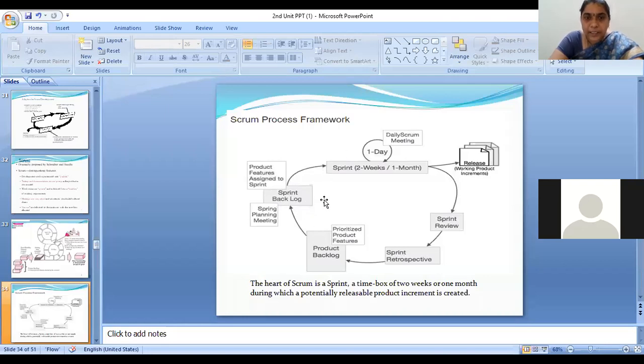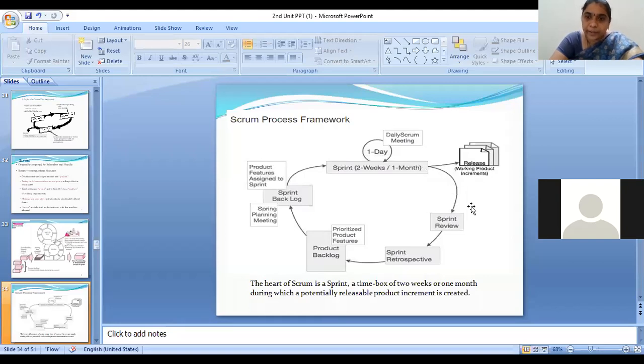Now the Scrum Master is responsible to coordinate all these team members, to conduct all the daily meetings, and to give all the things that team members want in order to develop, right? That is the job of the Scrum Master. And the team is going to develop the product. After developing the product, they are going to release the product to the client.